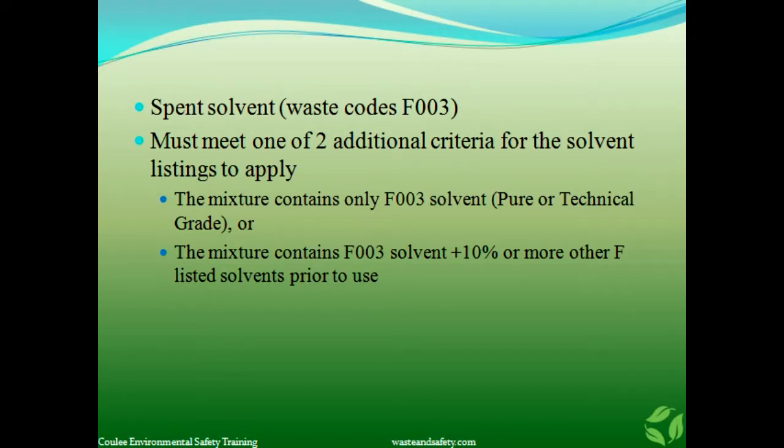Now, the idea of a pure or technical grade simply means that that solvent is either 100% that specific material. So if we're talking about acetone, it would be 100% acetone that was used, or it's a technical grade of that solvent. And a technical grade simply means that's the percentage of that solvent that's typically sold for use in industry and trade. So an example could be if a painter purchased a solvent for cleaning brushes that was xylene, and it was 95% xylene, which is an F003 solvent,